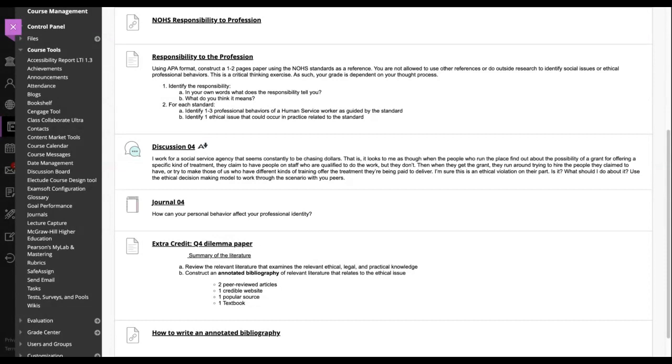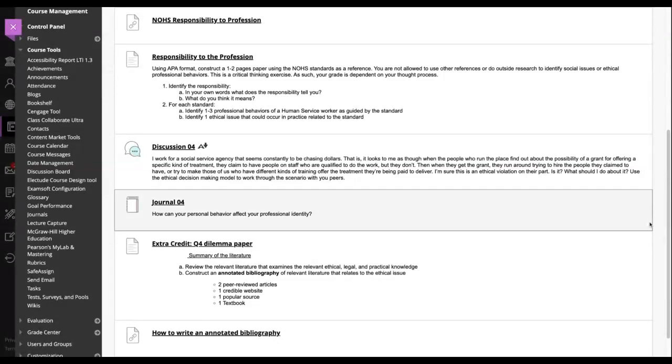Again, this is a critical thinking exercise, and I know it was difficult for a few of you. So again, you kind of have to dig into the material and really think about it. So that's the first part of the assignment. The second part can be done in a paragraph, almost an introductory paragraph. Then the rest of the assignment goes with identifying 1 to 3 professional standards and 1 ethical issue per standard that is contained within the responsibility to the profession.